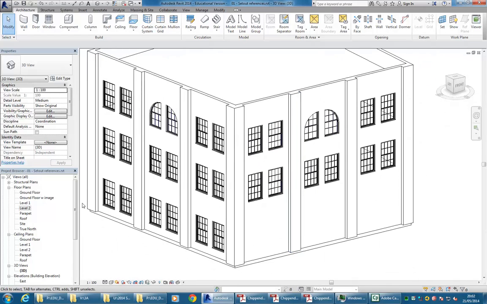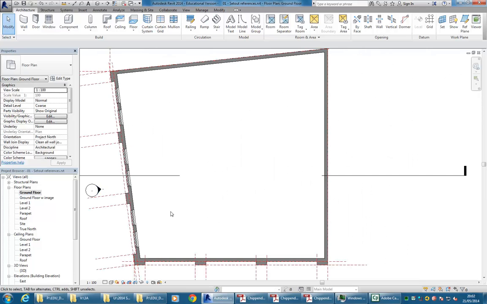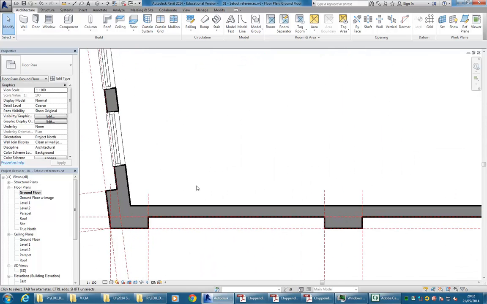So then finally, to get the doors in, the garage doors, they're just the family that you'll find in the main